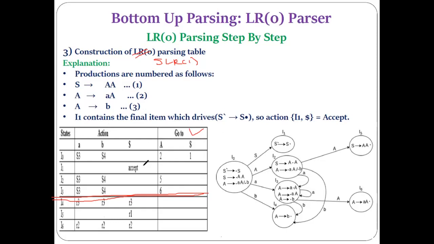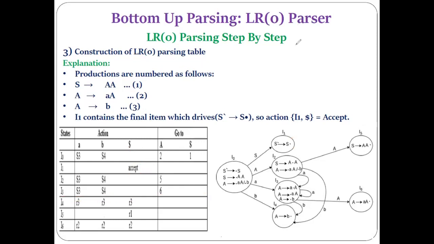Related to the accept entry also, you have to make it according to the LR0 parser only. Here we have made the accept entry for the I1 state, because in the I1 state we have got the final item because of the augmented grammar. That's why below the dollar we make the entry of accept, because dollar indicates the end of the particular input string. The end of the input string means the string can be accepted. So when the parser reaches the dollar, it simply indicates the string has been accepted. That is the reason we make the accept entry below the dollar.